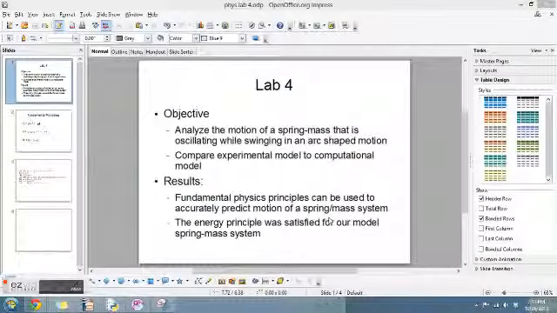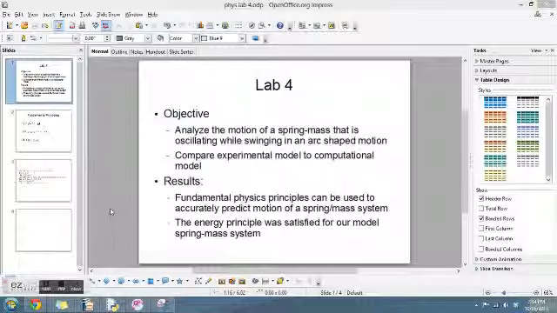The purpose of this lab was to analyze the motion of a spring with a mass attached and to apply Newton's second law and the energy principle to predict this motion in a computational model. We will construct a computational model and compare this model's prediction data to our experimental model data. Results show that the computational model could predict motion in a similar way to the experimental data received from Tracker,